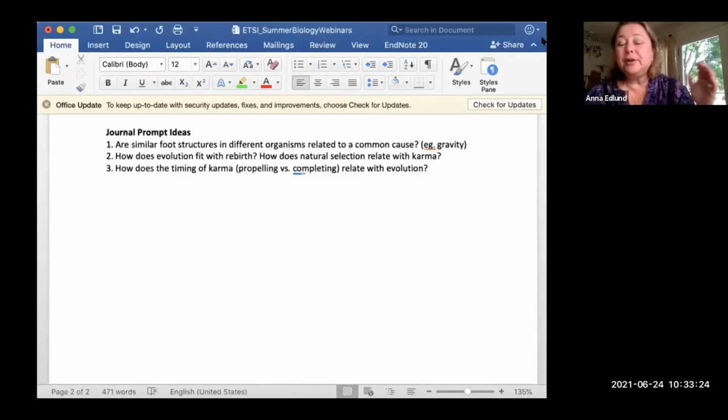So a good idea is to always suggest the students leave that left-hand page blank in the beginning and only take their notes on the right-hand side, so that they are leaving space where they can consider these huge questions. As the lessons go on day by day, they can continue to add to that space on the left-hand side. There will be room there. So make sure you leave physical space in your journal to consider these large questions, because they will take too long to consider in one evening.